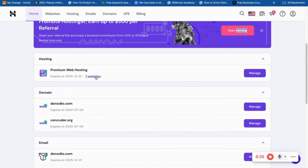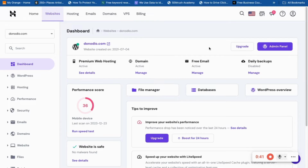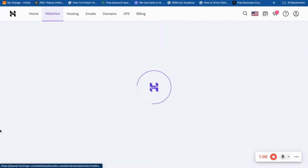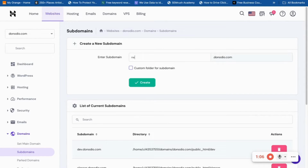So you're going to come here. I'm just going to click on manage, and then you see I already have this installed, but I can go to my admin panel for this particular website, and then I can also create a new subdomain just to show you how to install WordPress. I'll come to domains and I'll click on subdomains, and then let me just create a new one. Let me see, new.donodio.com. Okay, now